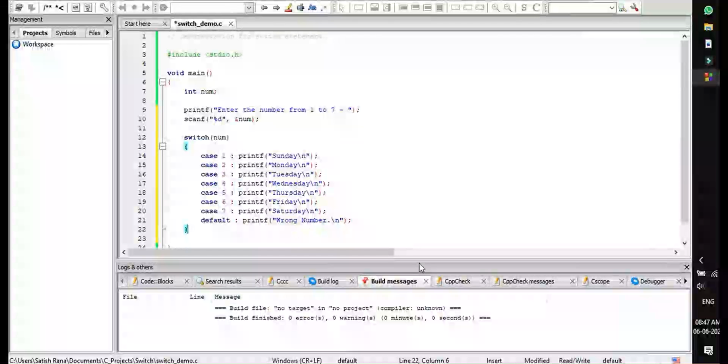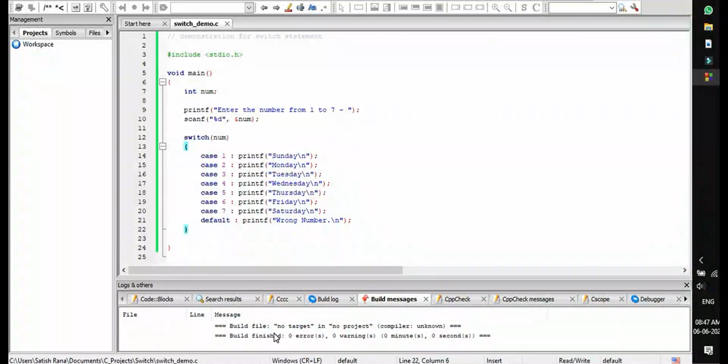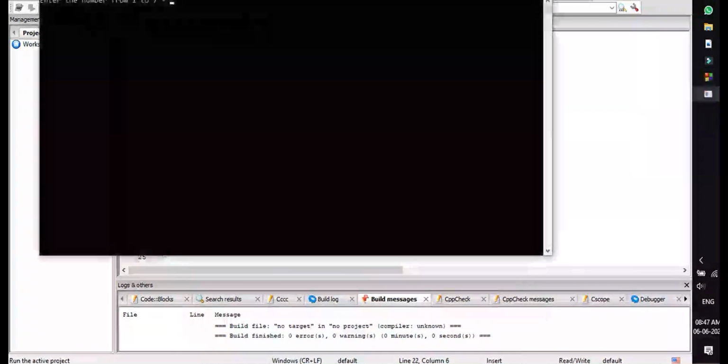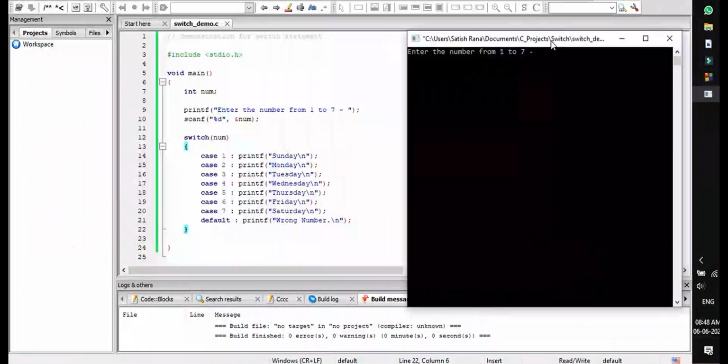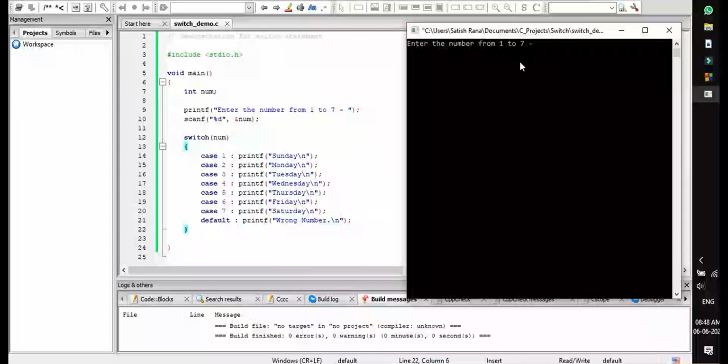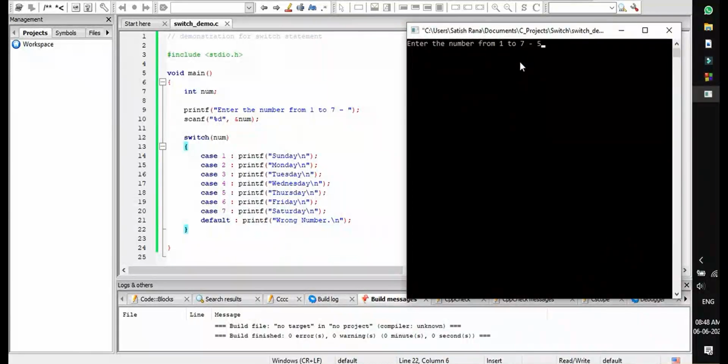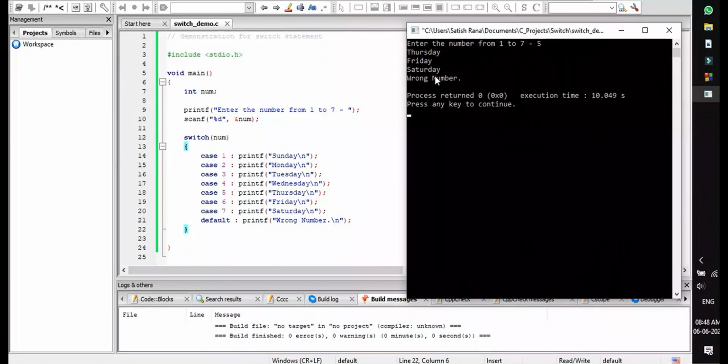Go to build, and you will see the build finished with 0 errors and 0 warnings. Now run this code. As you can see, the message has been printed like enter the number from 1 to 7. Let's say I'm entering 5. You can see that after case 5, Thursday, Friday, Saturday, and wrong number, all 4 of these have been printed